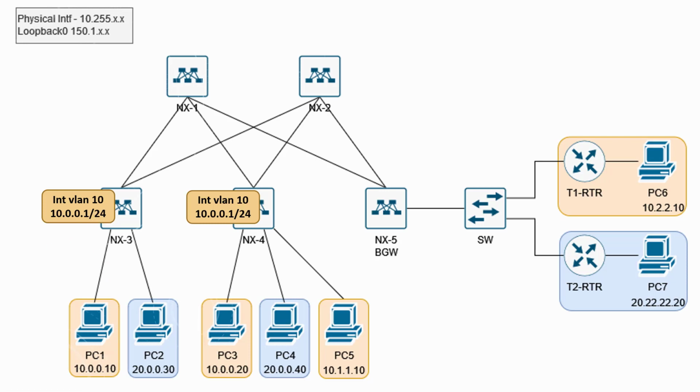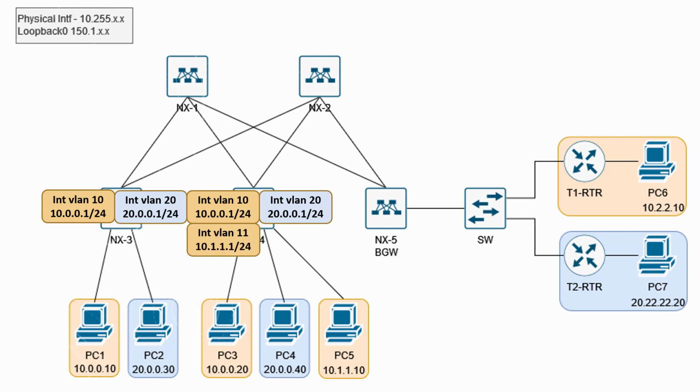It won't really cause a problem, but we're also going to configure VLAN 20. There are the default gateways for the blue tenant. And last, PC5 is all by itself, so it's going to get its VLAN 11. Again, all of the orange are going to be in a VRF, and all of the blue are going to be in a VRF. That way we have